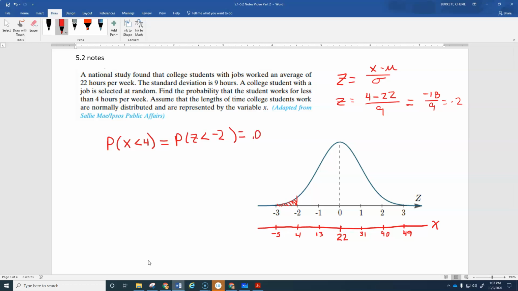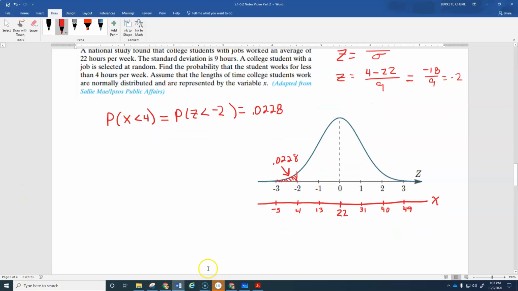So that's 0.0228. All right, so this area right here is 0.0228. Now, if they had said greater than 4, I would have had to have gone this way. But now I can also do this on StatCrunch, and the only thing that's going to be different on StatCrunch